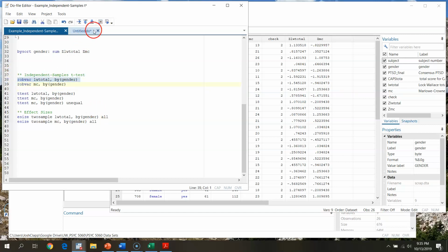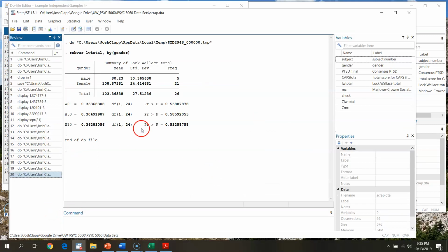Okay, so if I go through and I run this, I see that this p-value here is going to be the p-value for your Levene's test, analogous to what we're seeing in SPSS. And what this is telling us here, if we take a look, here's the mean value for men and women. Here's the standard deviation for men and women, sample size for men and women, total, and then here's our Levene's test. And so our Levene's test here has a p-value of 0.568,